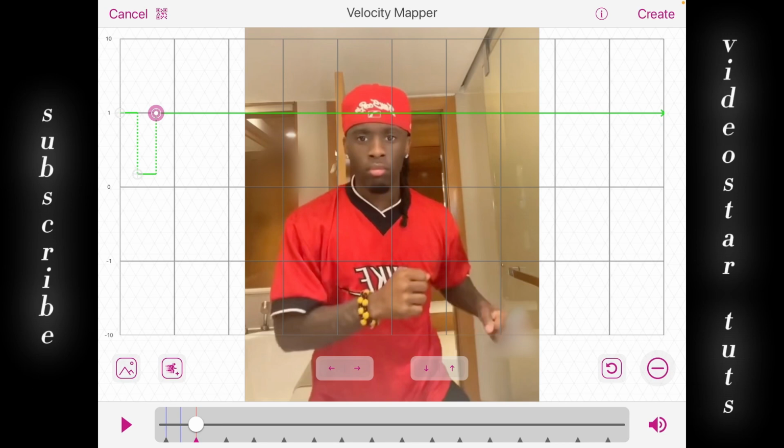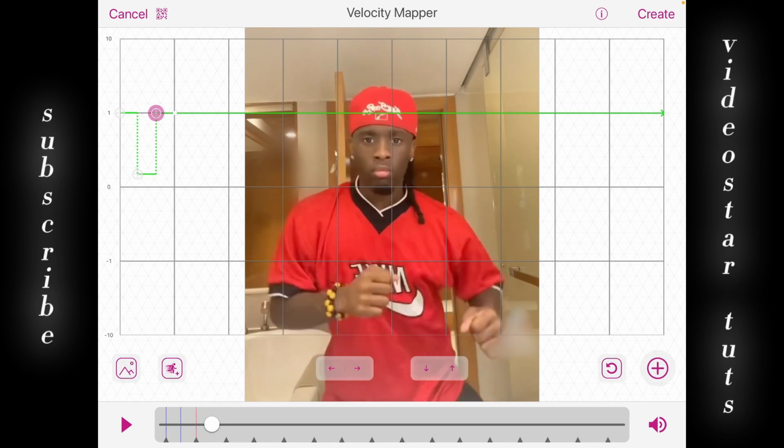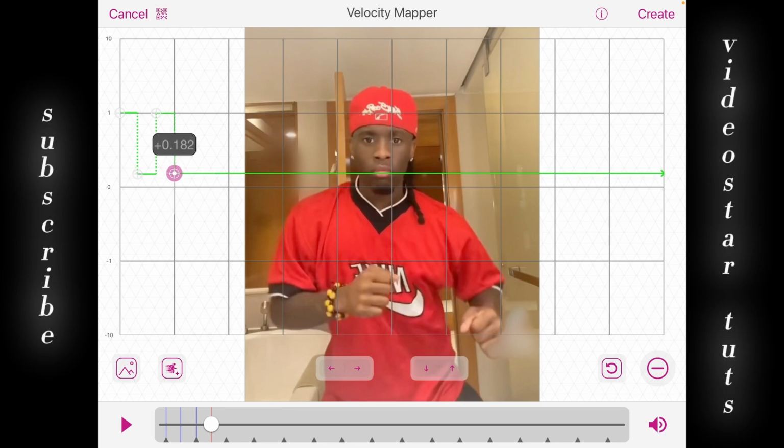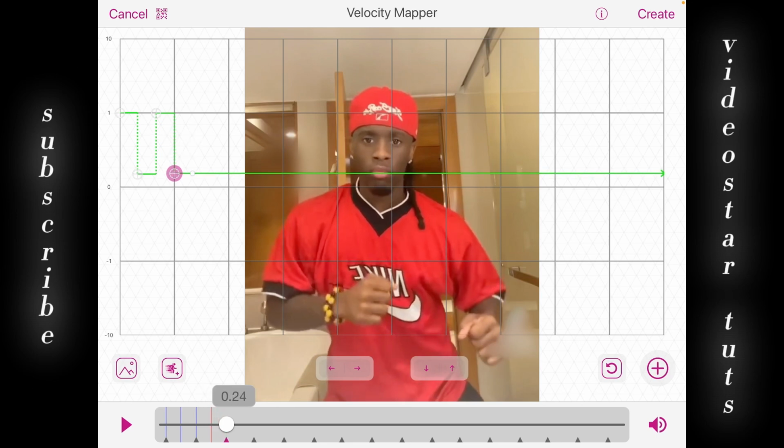Then once again, go in between that triangle and the next upcoming triangle. Press the plus, and bring it all the way down, a little more than halfway. Then go to your next triangle, press the plus, bring it up,